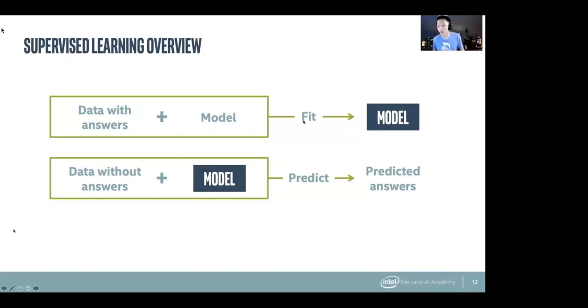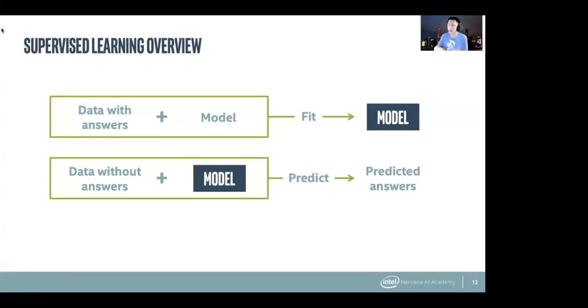So fit is where the model tries to figure out the underlying structure behind this data, and it's like, okay, I've got it down now, and you get a cool model. So this model understands what the underlying structure is, what the processes are that correlate the inputs with the outputs. And then in the future, if you have a random person walking around on the street who smokes, who eats right, who exercises a lot and has a predisposition for diabetes, and you give it to the model, it will look at this data and be like, based on what I've learned from the data that I was trained on, this person should have diabetes or should not have diabetes.